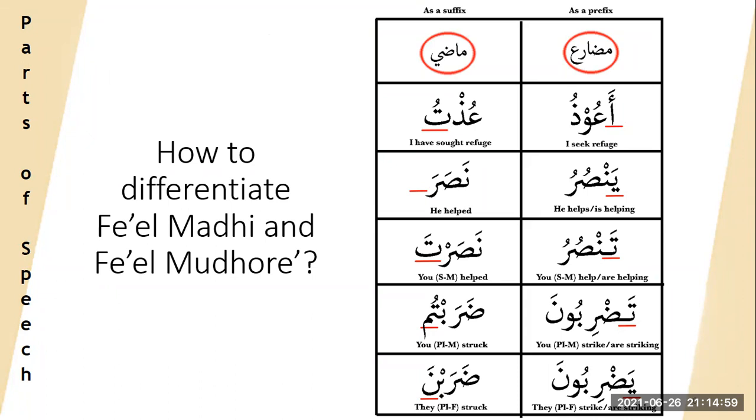Now how do you differentiate fi'l madi and fi'l mudari in the Quran? If you look at 2 different words like this, the first one, a'udhu and ustu, the huruf is the same. Ain wal dal. This also ain wal dal, only that because it takes a dhamma, the waw is dropped, it's written off. So here, a'udhu, you have a hamza, means I, at the front, meaning it is mudari.